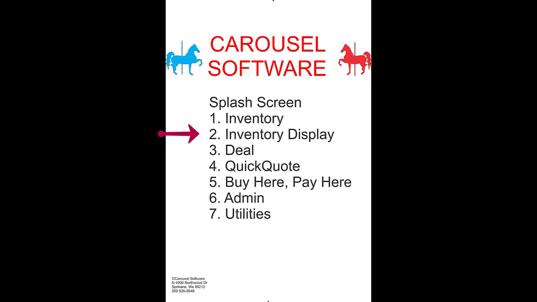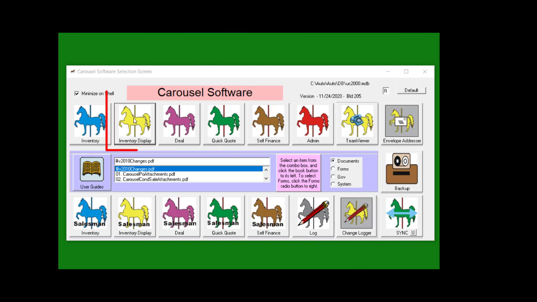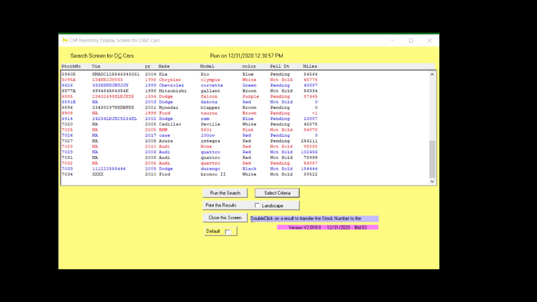This video is going to talk about the InventoryDisplay program. You'll notice that there's two different versions of it, the regular full-fledged version and the salesman version, which shows less information. I'll get into that a little later. To get started, you just simply click the button and it automatically gives you a display by whatever the default